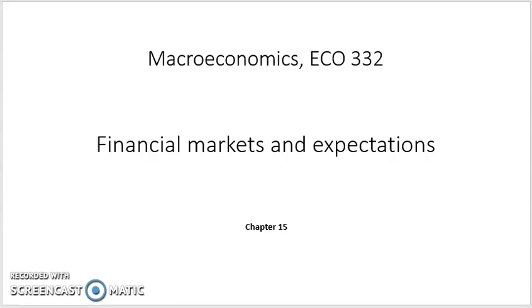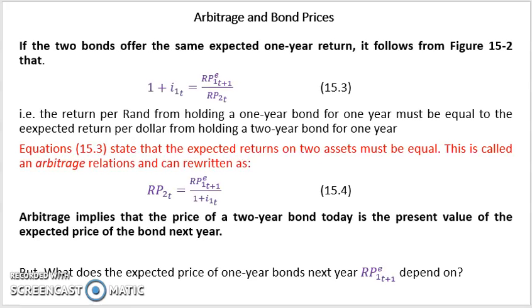Hi and welcome back. So in the previous video we introduced chapter 9 of our macroeconomics 3 module, and we basically introduced the concept of bond prices and bond yields. The last part of our previous session was to explain the arbitrage concept, and we concluded that arbitrage implies that the price of the 2-year bond today is the present value of the expected price of the